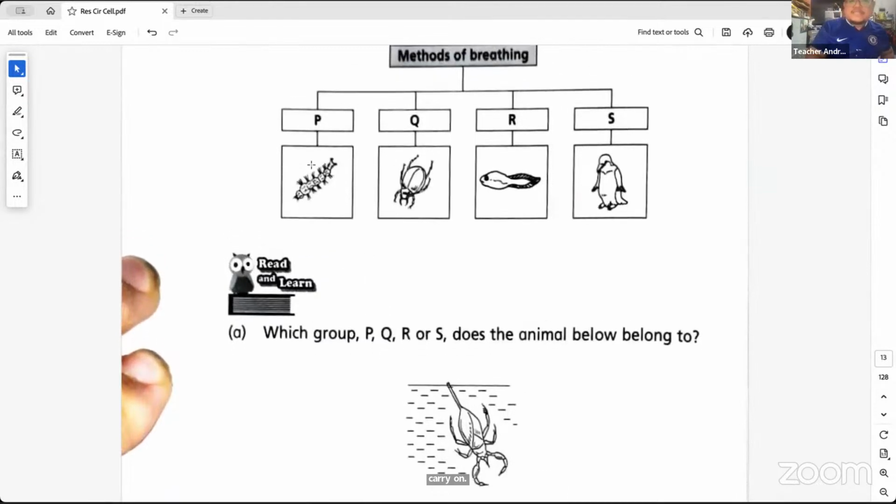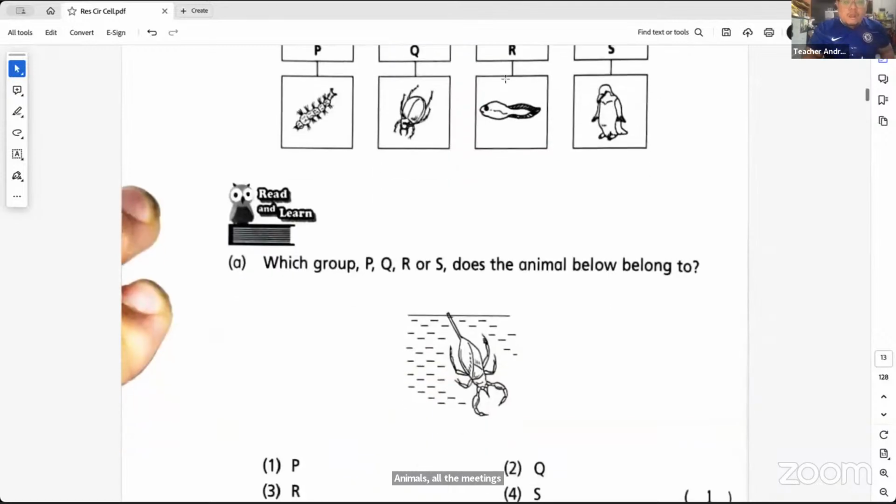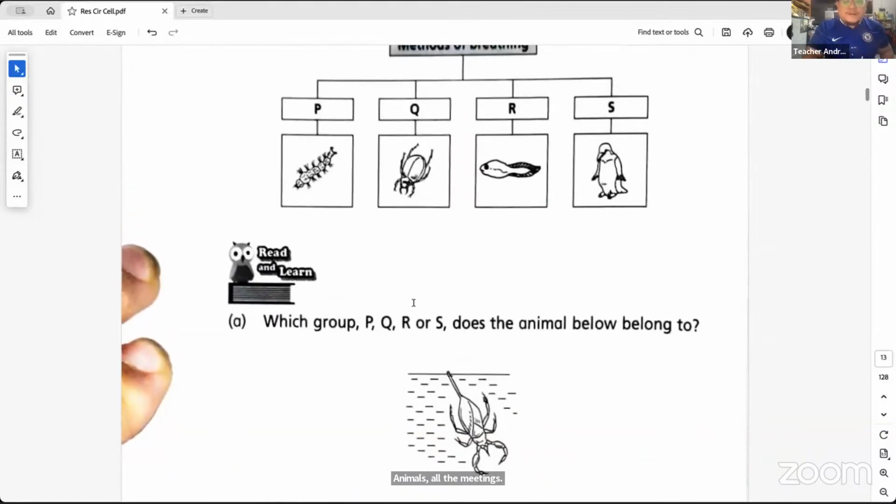Okay, we got these 4 different types of animals or living things. Which one of the following P, Q, R, S does this little